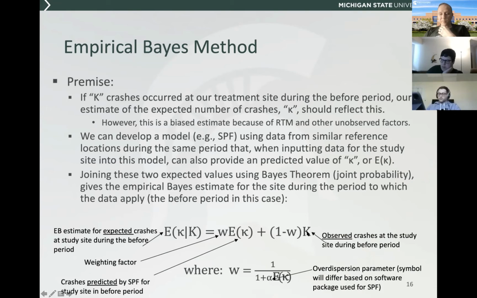So first of all, the number of crashes that are actually experienced during that before period. And then secondly, the number of crashes we would expect to see during that period using a safety performance function or a regression equation that had been developed based upon a number of similar sites. And we're weighting those two factors accordingly by this weighting factor W here. And so W is basically going to be equal to 1/(1 + alpha). Here I'm referring to it as alpha. This might cause even more confusion and frustration. You'll also see that referred to in some cases as K, which I've avoided here because we already have a